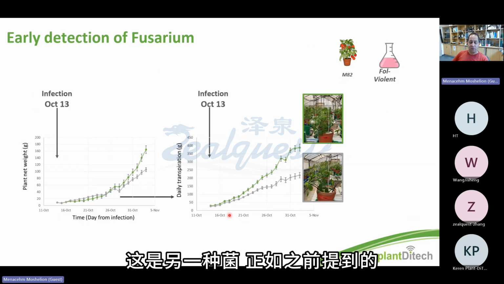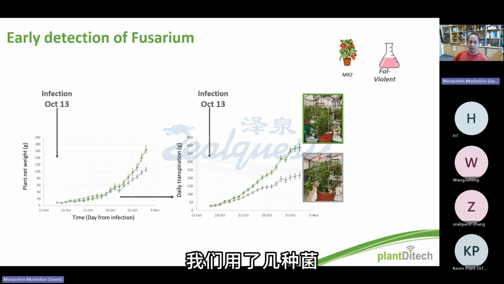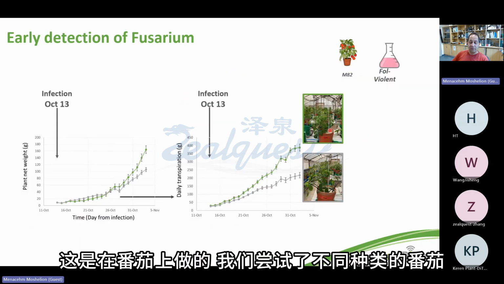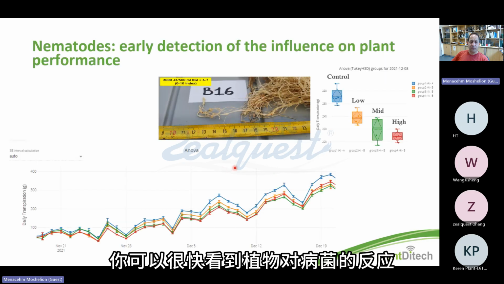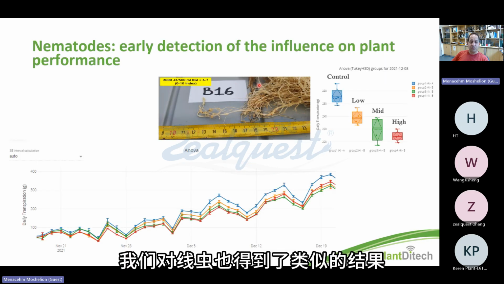This is another fusarium. As I told you, we did it with several fusarium. This was done on pepper. This was done on tomato. We tried different kinds of tomato. And you can see very quickly the response of the plants to the fusarium, much before you see anything with your eyes. Similar results we got with